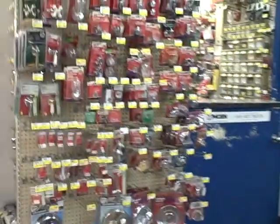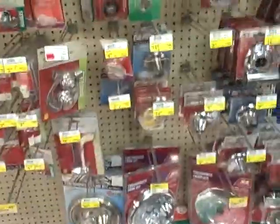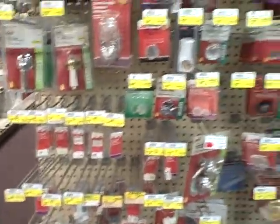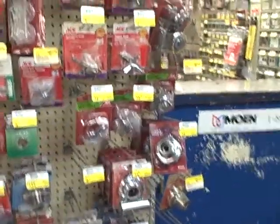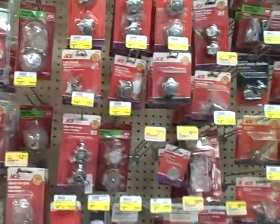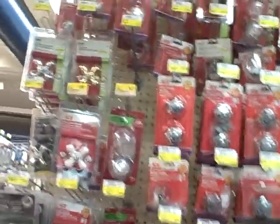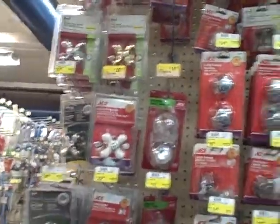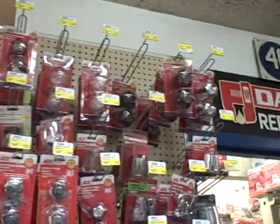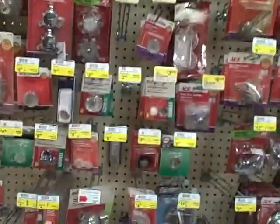Look, they got all the fixtures for your bathtub. A lot of these things you can do for yourselves. Replacement parts. Your spigot's leaking. Come in here and get some gaskets and stop that. You're throwing away water. These things don't cost that much. And the rubber washers probably cost $2 or $3. You can change your things up inexpensively. Make your house look like it's expensive when it really might be a dump. But who would know but you? So anyway,